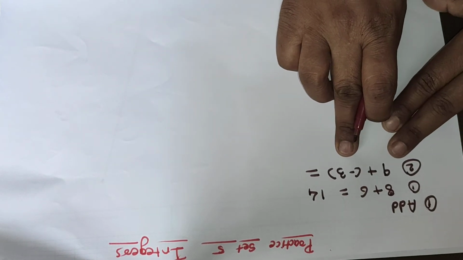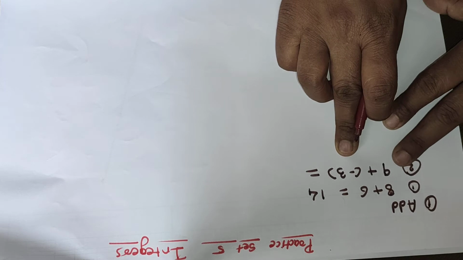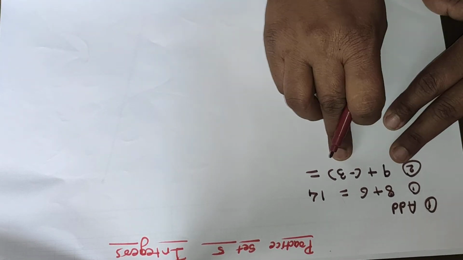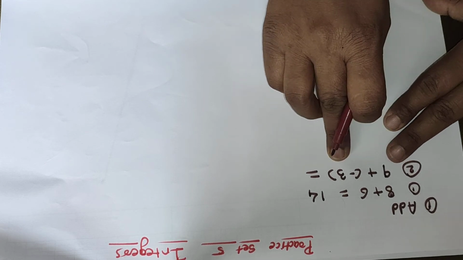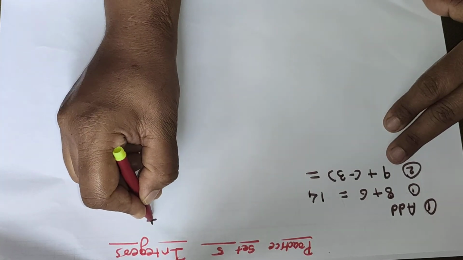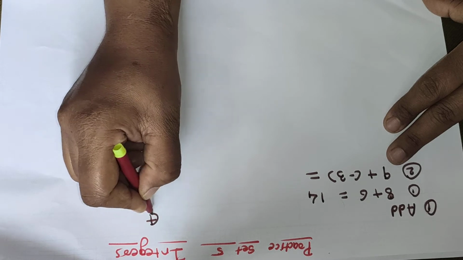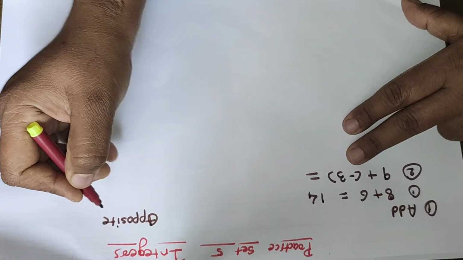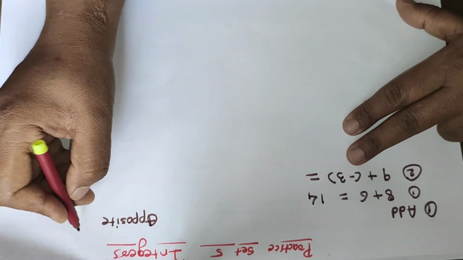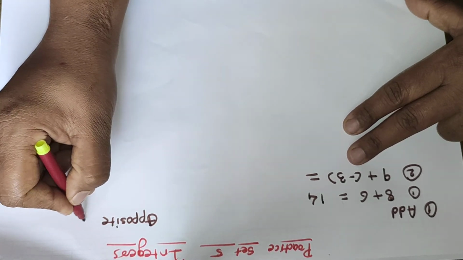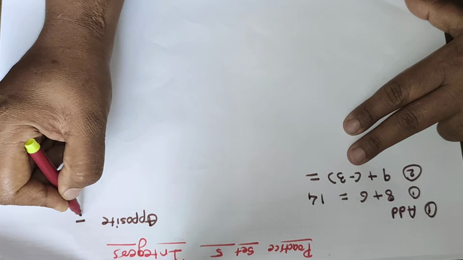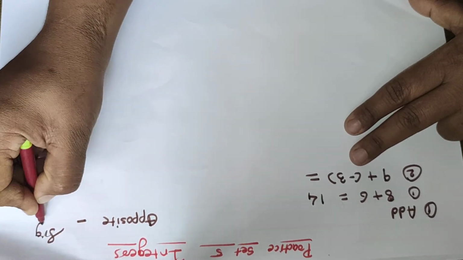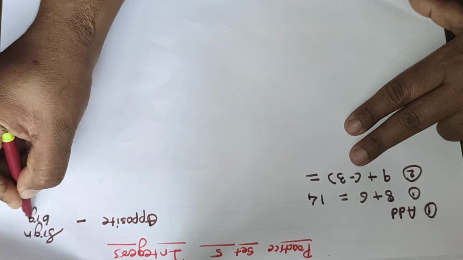So if you see here, the 9 has no sign, so it has which sign? It has a plus sign. So plus 9 and minus 3. I told you before only that if the signs are opposite, here plus and here minus are there, so signs are opposite, then what we have to do? The subtraction operation, and the sign which we have to give is the bigger number's sign.